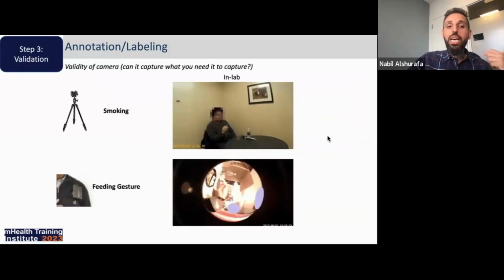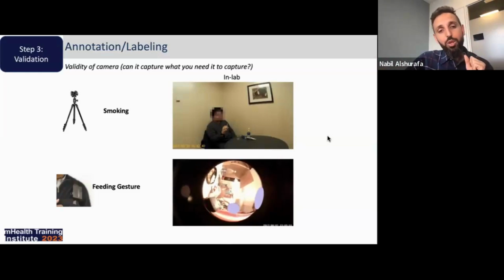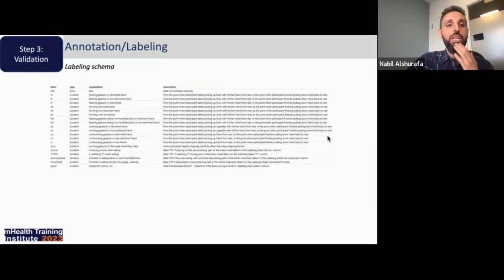Here we see a feeding gesture happening out in the wild. For eating episodes occurring out in the field, we're going to need a wearable camera to validate, label, or visually confirm that activity. Here we can see a person eating, and there's another person next to them also eating. And here the wearer is wearing the shoulder camera.